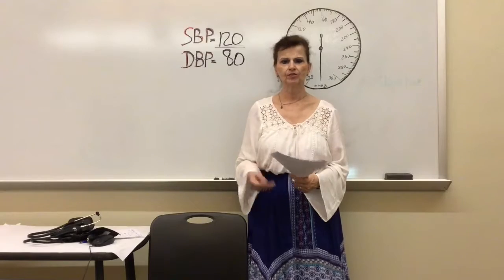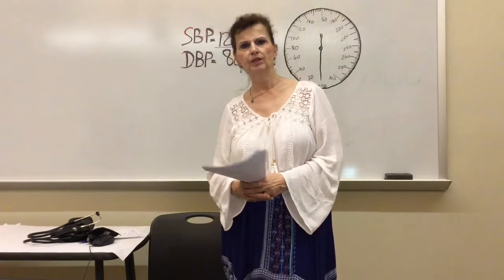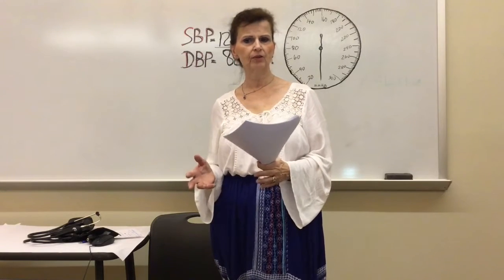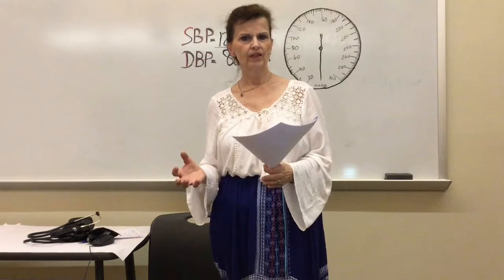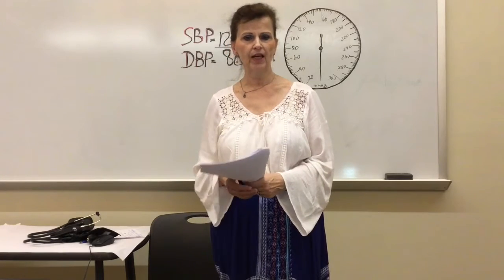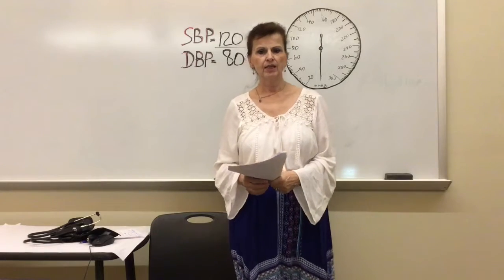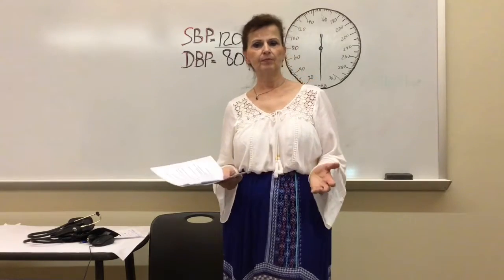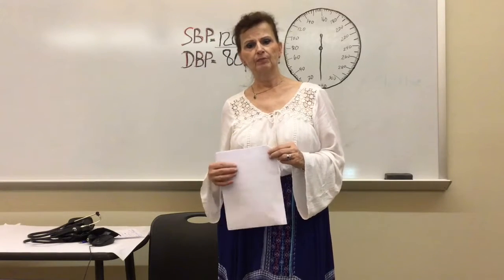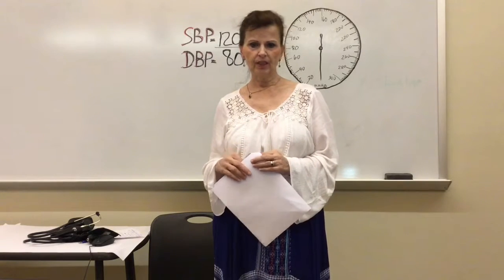If this is the patient's first time, we would take blood pressure in both arms. Normally the difference is 5 to 10 millimeters of mercury. If there was a higher difference, then there would be some vascular problem, and we would tell the health provider that. And so this would establish a baseline, and then we would see if it's in an acceptable range and document that. If the blood pressure was above acceptable range, we would repeat it in the other extremity and compare the